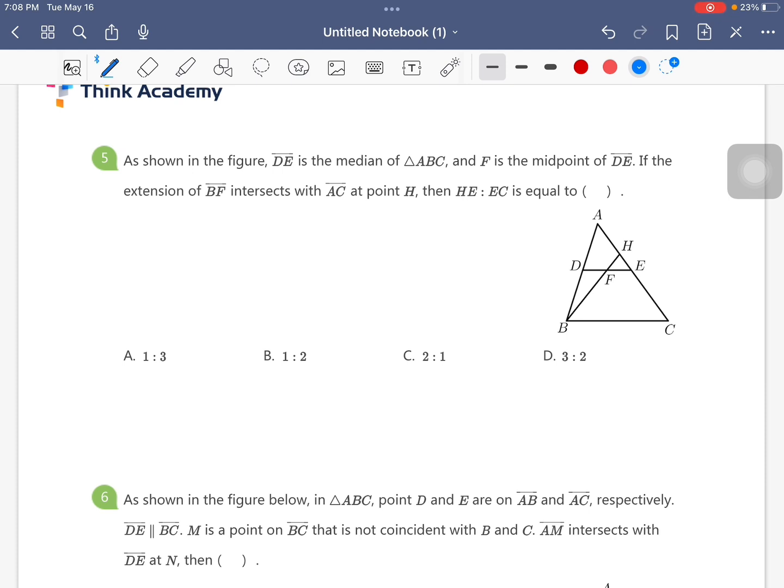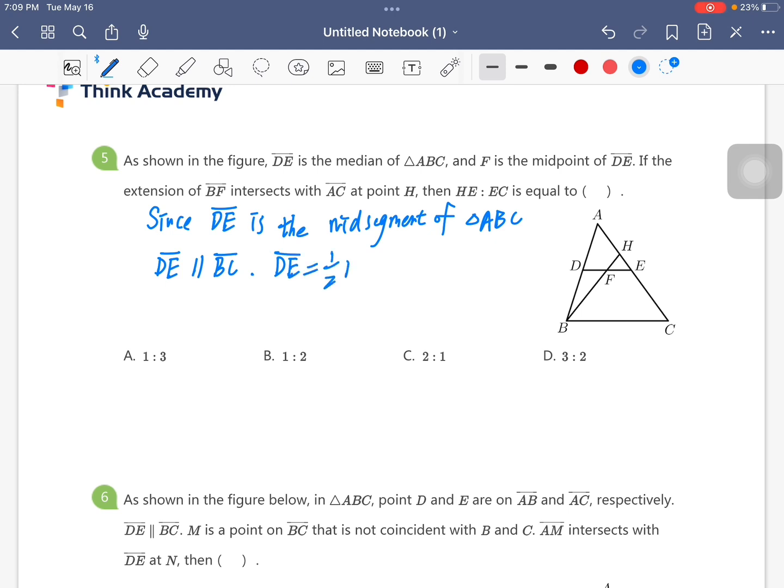Okay, since DE is the midsegment of triangle ABC, we know that DE is parallel to BC, and also DE is 1/2 of BC. And we have AE equals EC correspondingly,